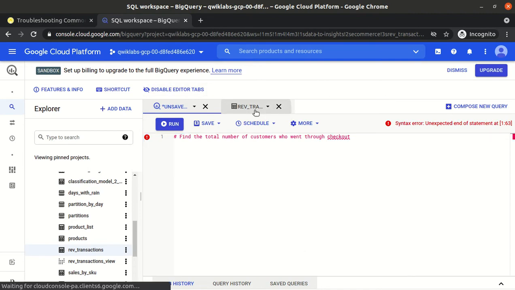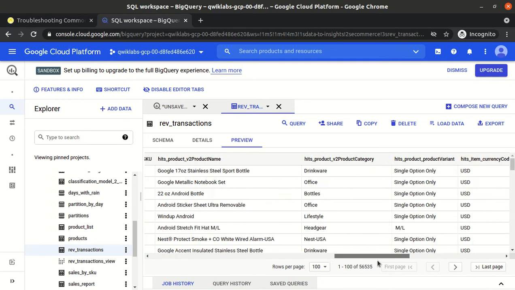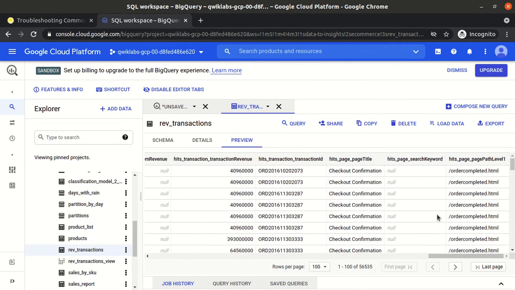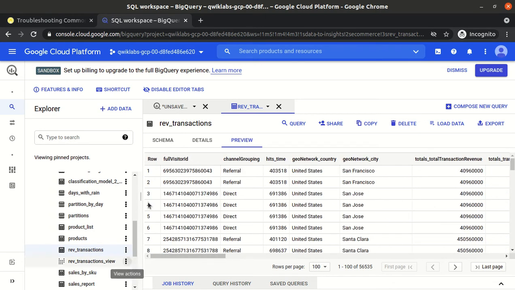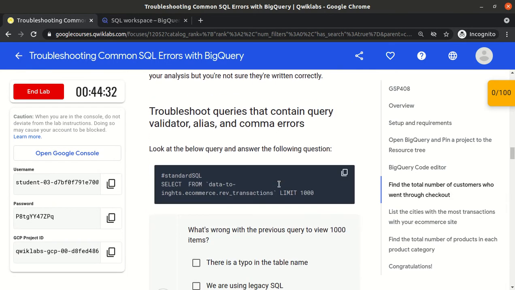So if we go through this table, we want to know how many of these customers went through the checkout process. The checkout process is this column, hits page, page title, checkout confirmation. If the field is checkout confirmation, then we have the checkout process. Okay, so they have provided an SQL query like this, and we need to find out whether this SQL query